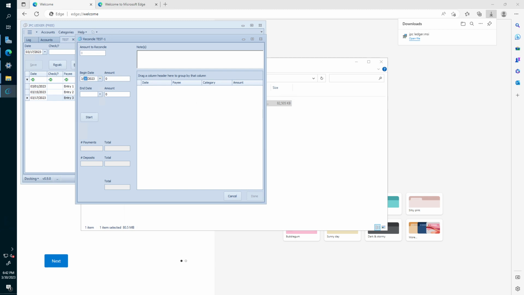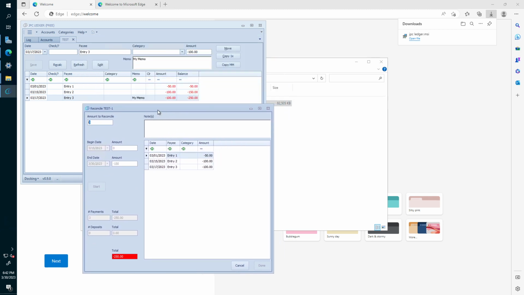Let's start off with this range. I'm going to start off with 0, of course, 3. Yeah, it's a little bit funky, but click on start. And the first thing you'll notice is that even though I put in a range of 315 to 330, which is totally not legit,